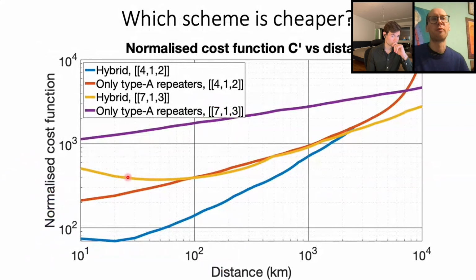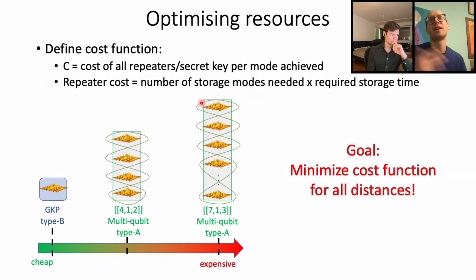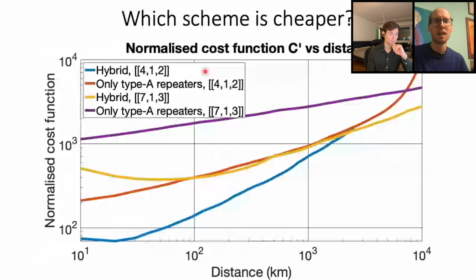So in terms of performance, of course, we expect that only type A would perform better, because if we can afford it, it's always better to put the more powerful one than the less powerful one. But if we also take cost into account, it turns out that the situation becomes a little bit more interesting. So we see that the hybrid lines, the blue line and the yellow line, are always below the corresponding